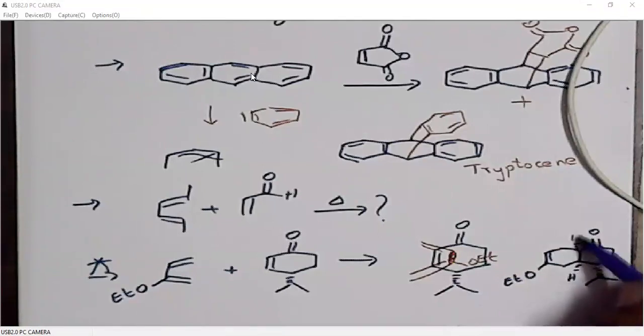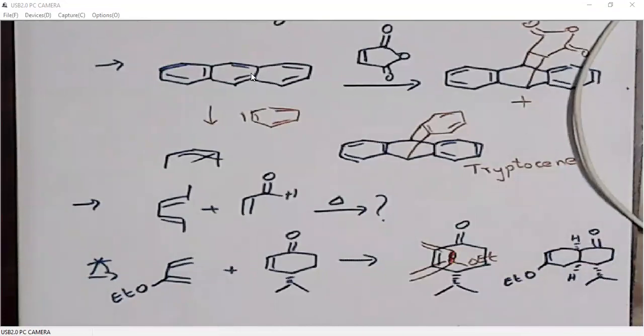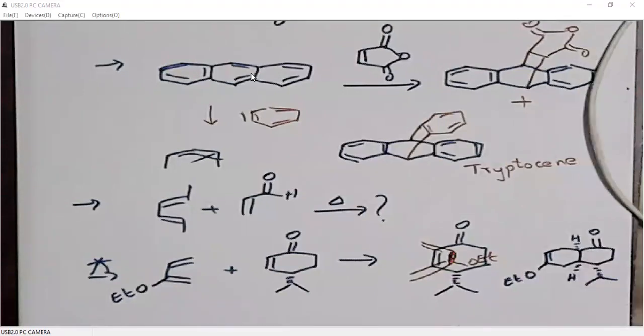So that means, you see, the stereochemistry is exactly reversed around this ring fusion. Not here. This will not be changed, right? But the stereochemistry around this ring fusion is exactly reversed. In the previous cases, we used to write hydrogens above the plane, but now the two hydrogens are below the plane.